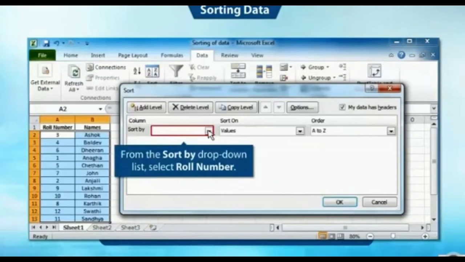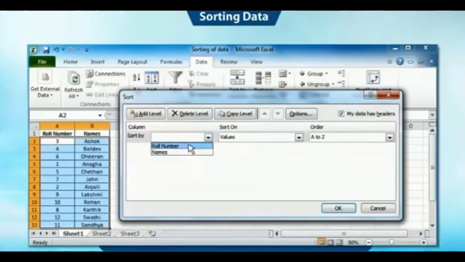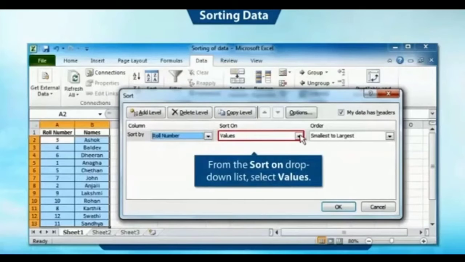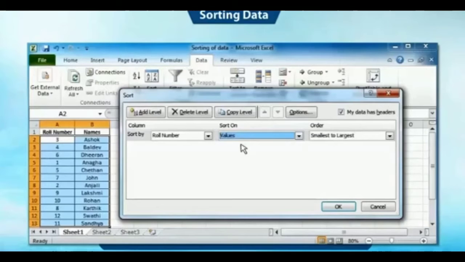Here, to sort the data by the roll number field, from the Sort by drop-down list select roll number. From the Sort on drop-down list you have to select values.